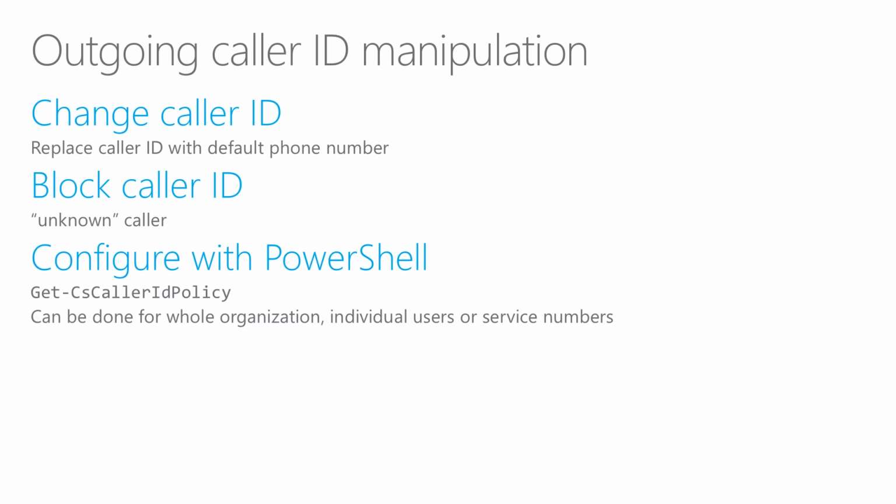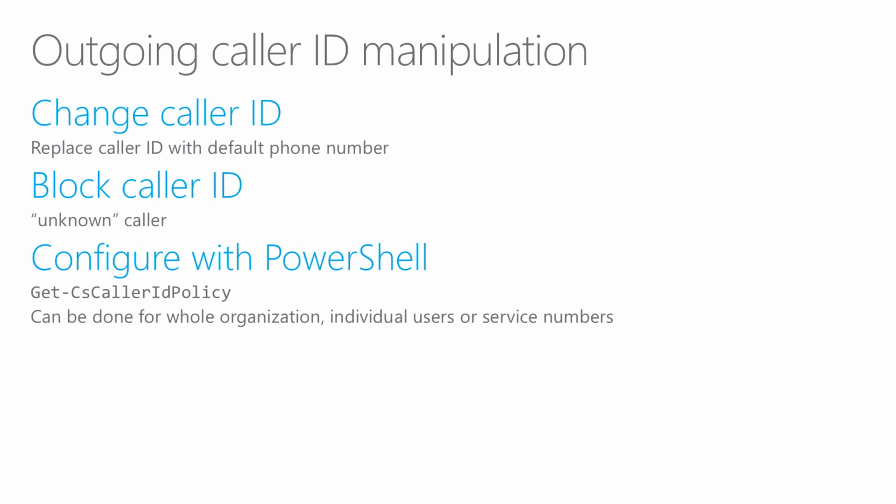Outgoing caller ID manipulation. If a Cloud PBX user calls someone on the PSTN, the phone of the called person will show the phone number of the caller. This is something that you can change. There is the PowerShell command, it's listed here. It's Get-CsCallerIdPolicy to see the policy,